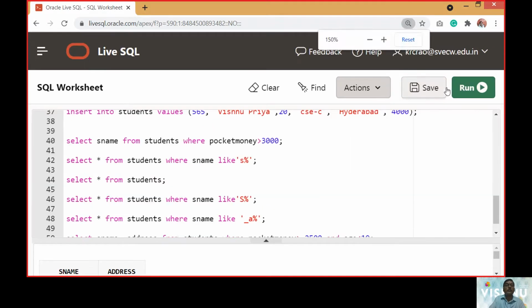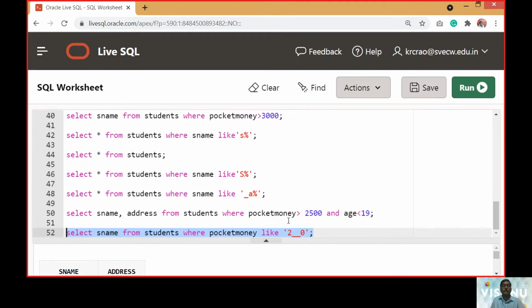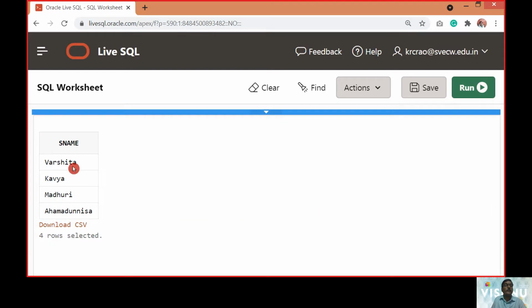We start with 2, and the others can be of any size. So executing this query now. So we get Varshita, Kavya, Madhuri and Ahmadunisa.